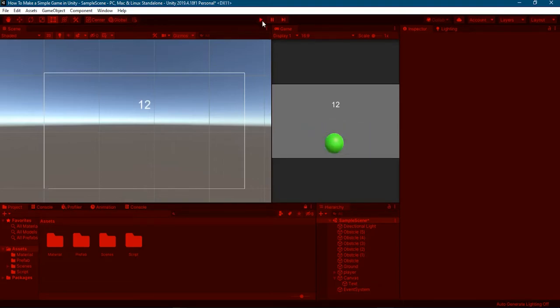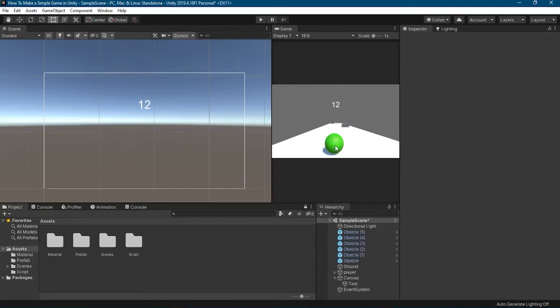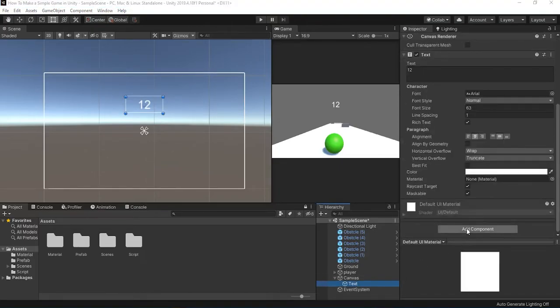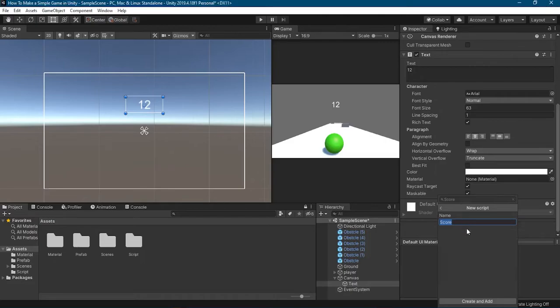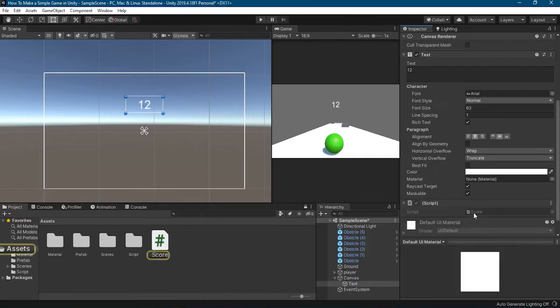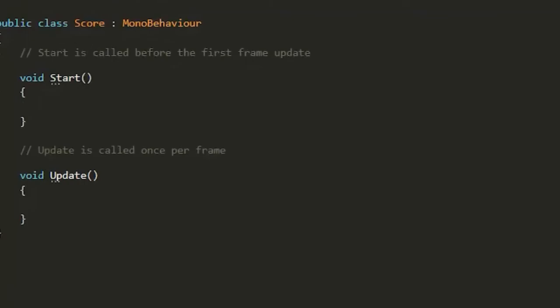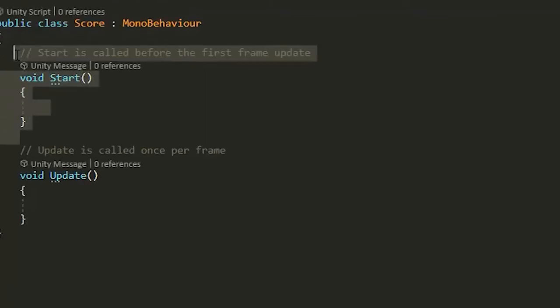So if you want to do that, we can make our text calculating our player move by the meter. So if the player moves 1 meter, you can show here 1 meter. So for doing that, we can select our text, go down, add component, and write score, and hit new script, score, right? Double click to open it, and we can delete our start method and write